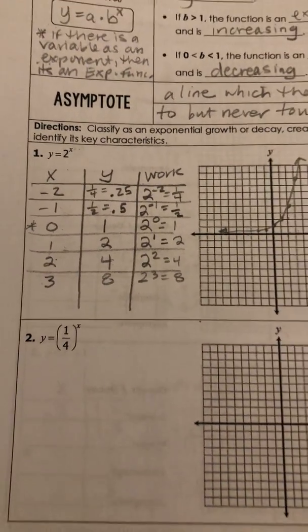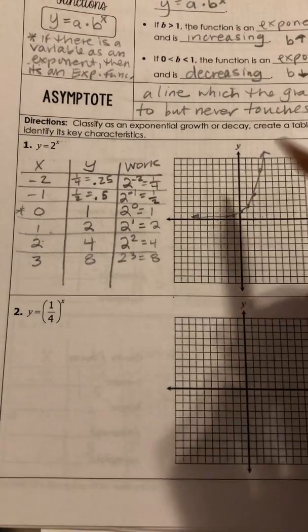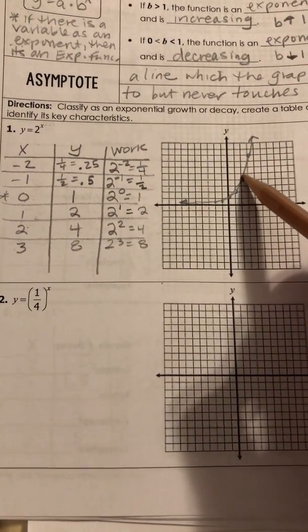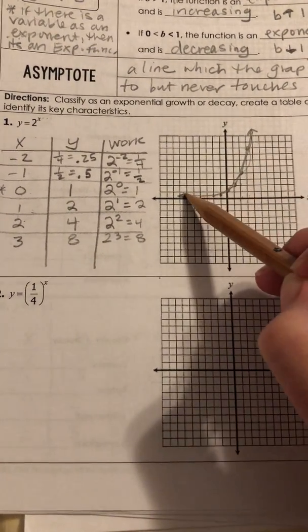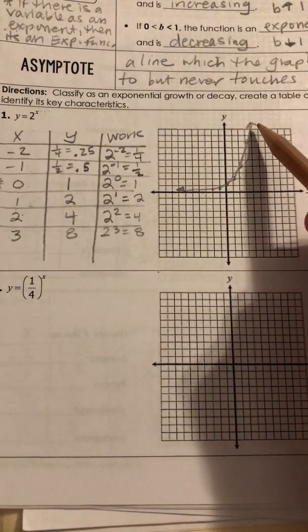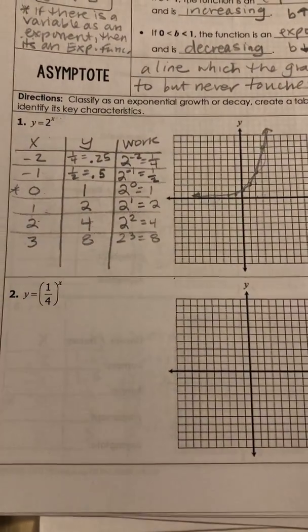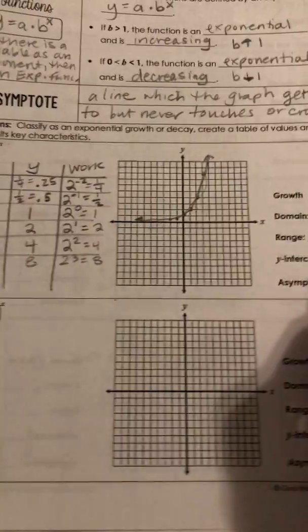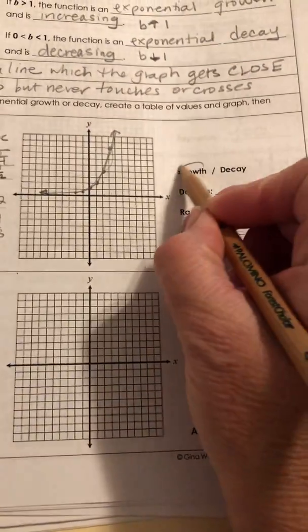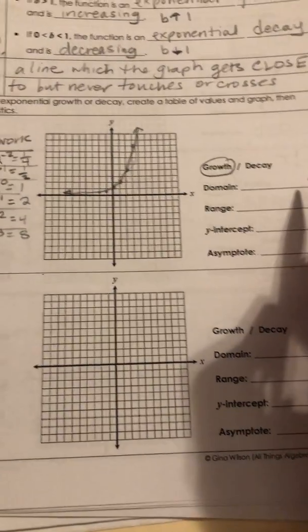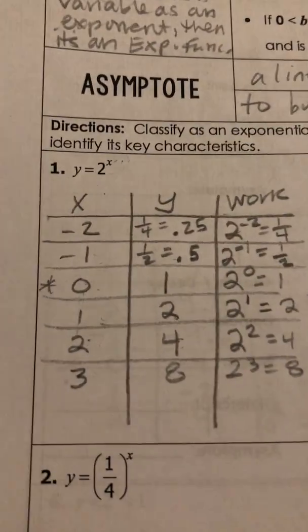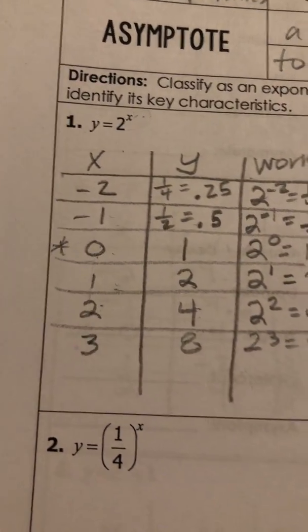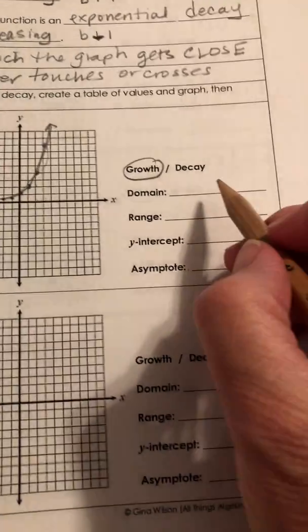Okay, so I've done all this work, right? I have this really cool growing, if you think about it. Like something is starting small and then it suddenly goes up. Ooh, really big and really big. And if I'm skiing up here, I might just fall right back down. So we classify this as a growth. And if I remember, it was 2 to the x power, right? 2 is greater than 1,